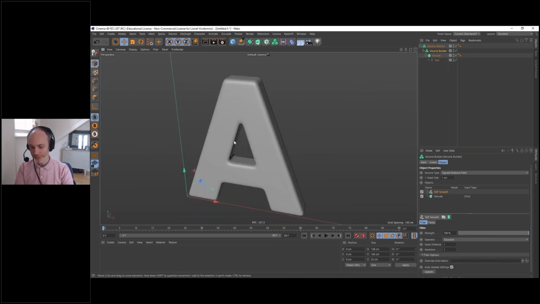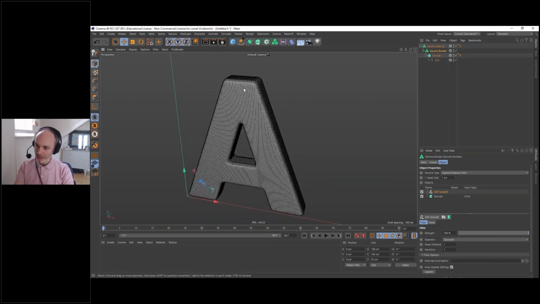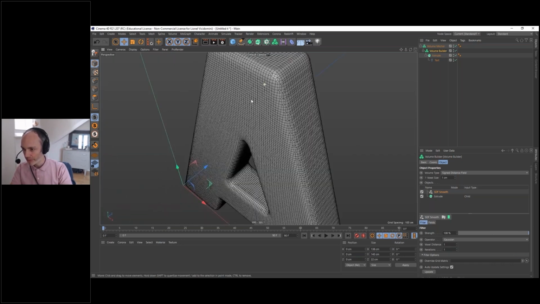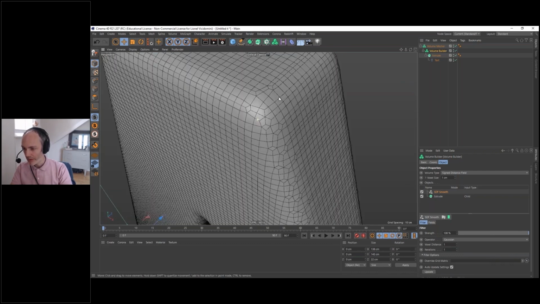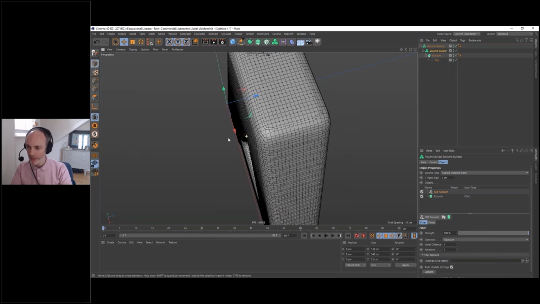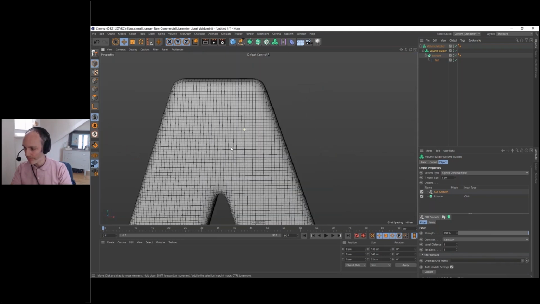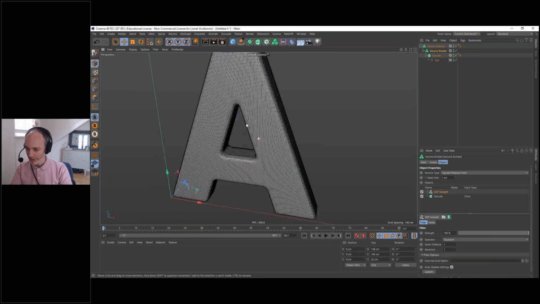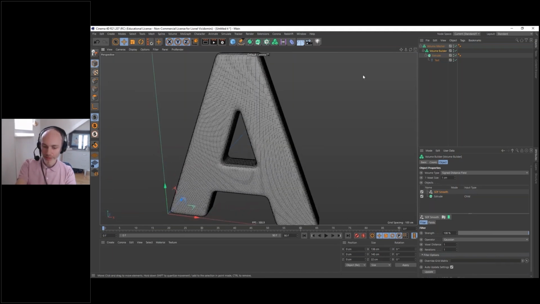And what's interesting, if I switch to polygon, to the gouraud shading here, lines, you can see we have very evenly distributed quads. It's quads everywhere, even here. It's very uniform. That will be great when we are going to use the sculpt brush to create the carving and the welding. Okay, so let's go back here.